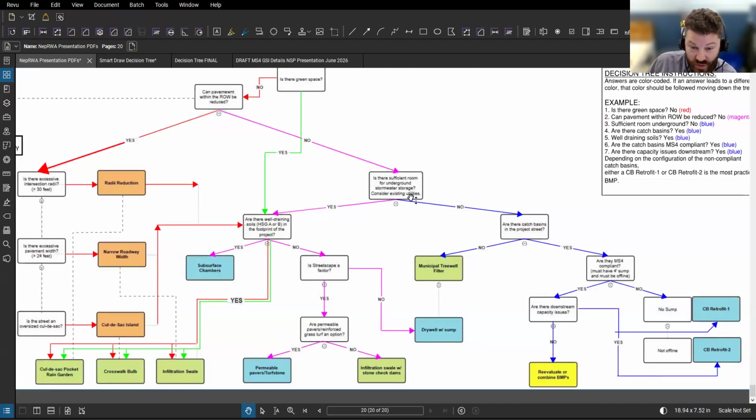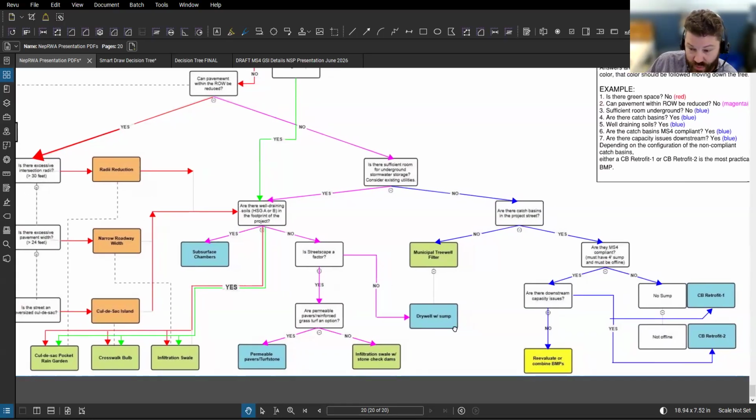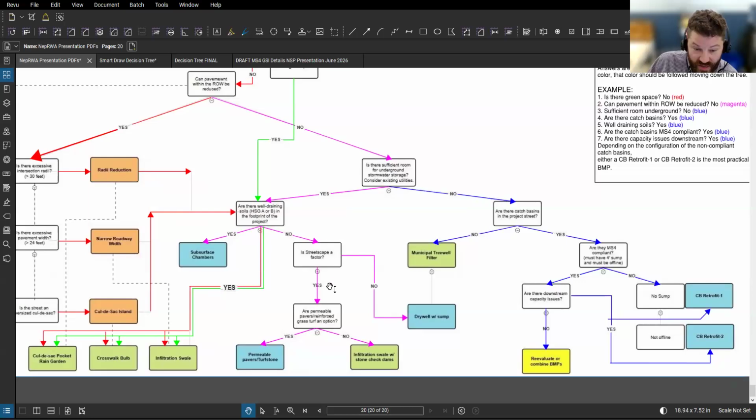So is there sufficient underground storage? Would be yes. Are the soils well draining? Yes. Then subsurface chambers are probably your best option if available. If they aren't great, then you can say, is streetscape a factor? If it's not, you can use a dry well with a sump. If it is, whether or not you want to use permeable pavers at that point,